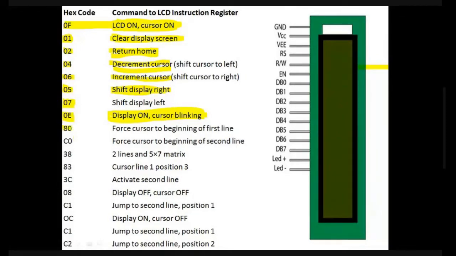If 80 is given, then it forces the cursor to the beginning of the first line. What does the beginning of the first line mean? Suppose this is my display.